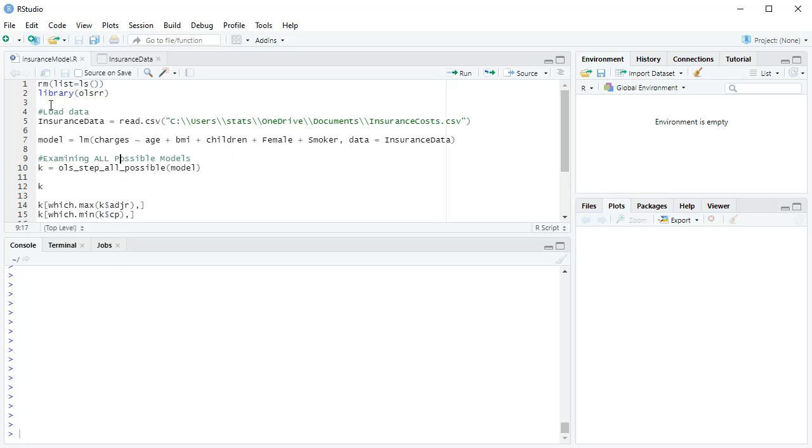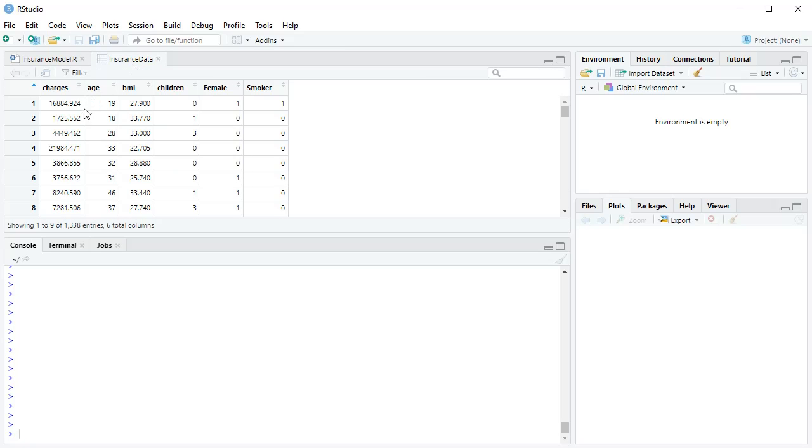Alright, so in this video we're going to talk about the forward and backward, and I guess you can also do both, type of stepwise regression procedures, and using R to do that for you. In the previous video, we talked about this data set where we had someone's insurance charges, their age, their BMI, children, female, 1 for female, 0 for male, and smoker, 1 for smoker, 0 for non-smoker. So we had this data, and what we were trying to do is figure out which of these predictors are important for